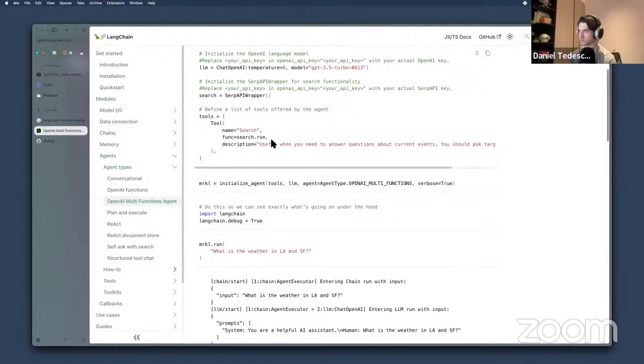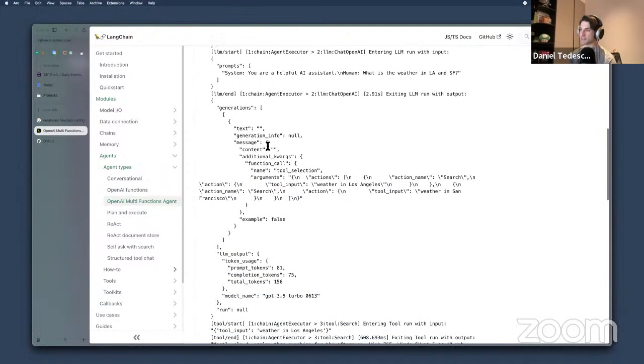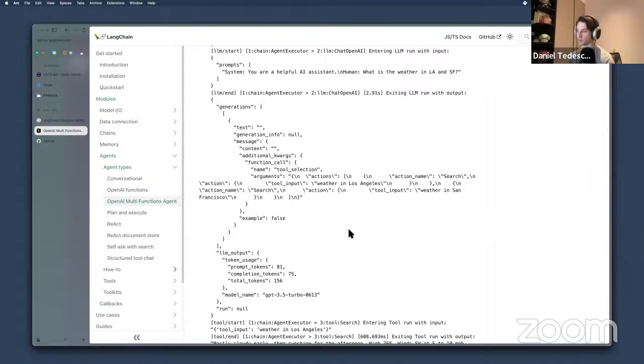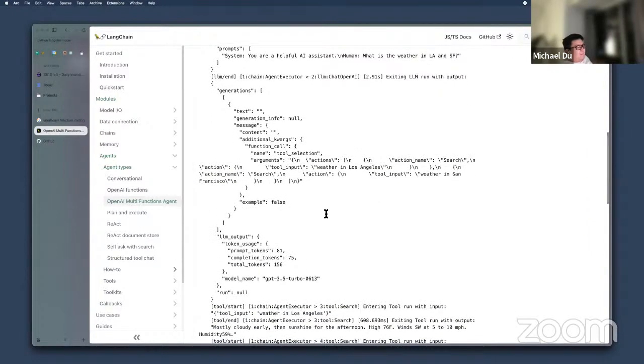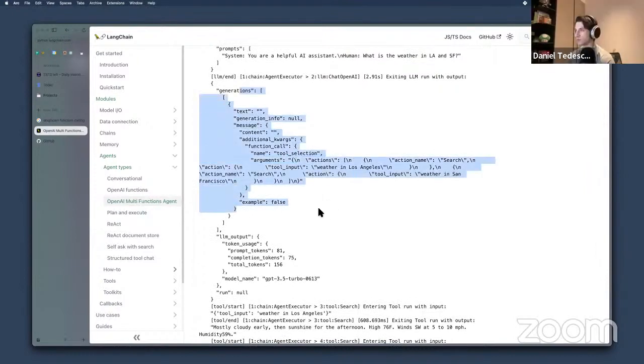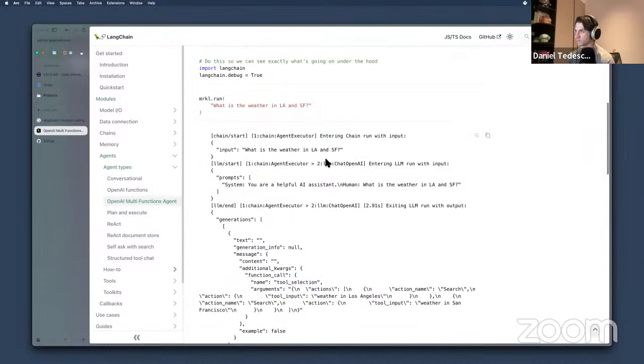I guess it's a standard part of the process that tool selection happens before actually calling a tool.